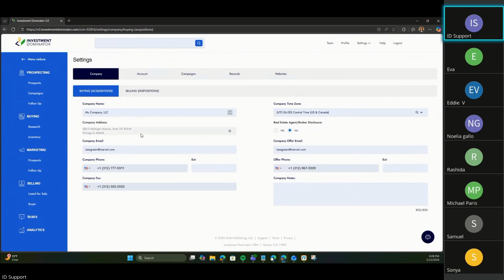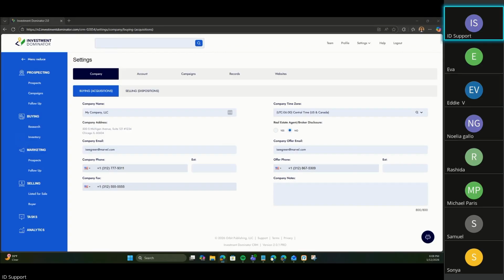The next up is your company address. So your company address, you do not want that to be your home address. The reason being, if you use your home address, then all of the thousands upon thousands of letters that you send out, those individuals have the propensity to have your address, and we don't want that to happen. So to protect yourself, you should get a virtual address or go to the post office and ask for a suite number so that you can make sure that you're set there.